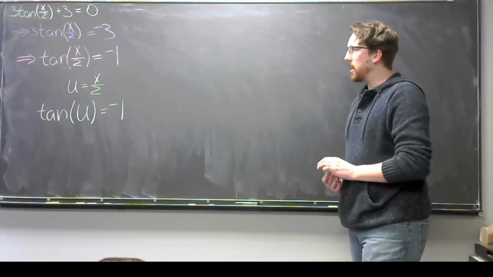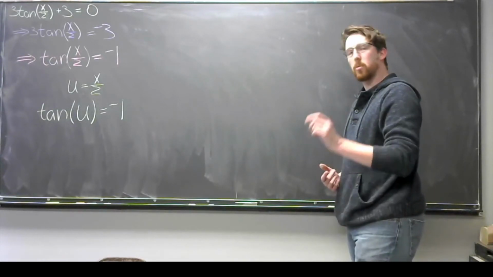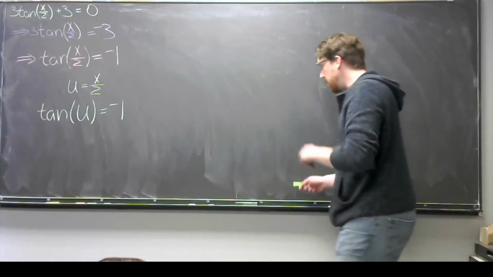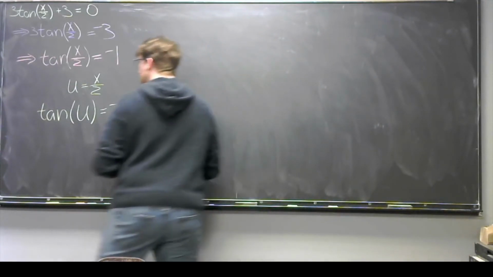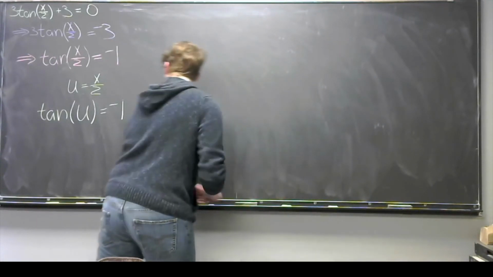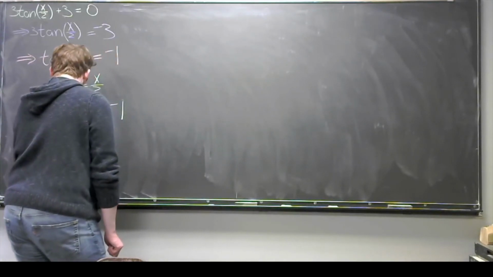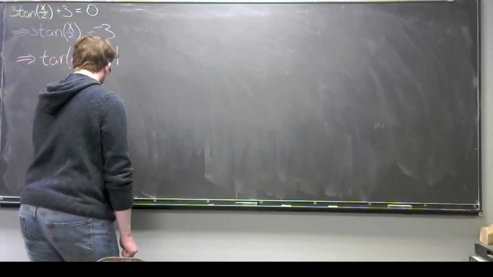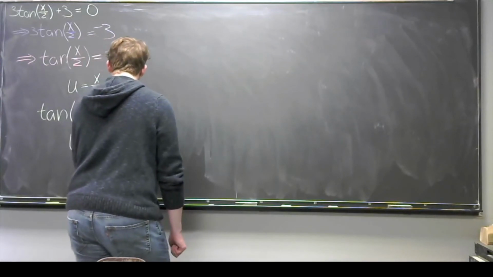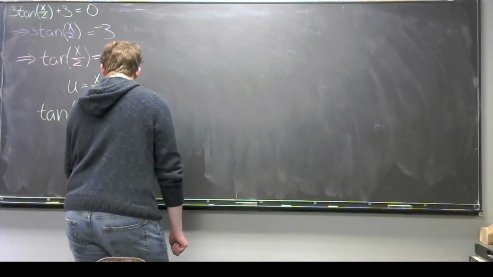Well, if tangent of u is equal to negative 1, this must mean that u is equal to 3 pi over 4